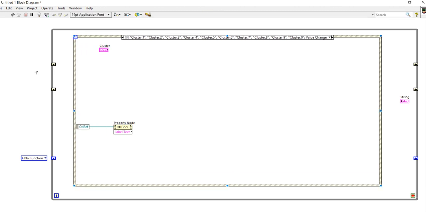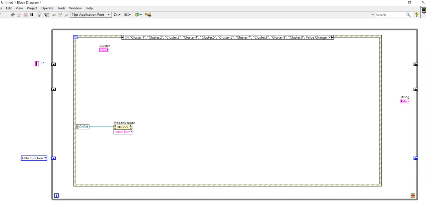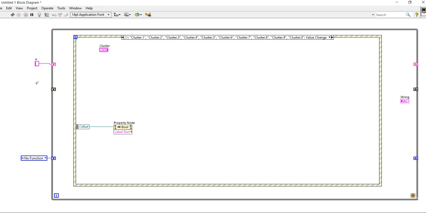Do one thing: right click here, take one string control, place it here and right click, give the name A. Take this string constant and change the name to B. It's nice.